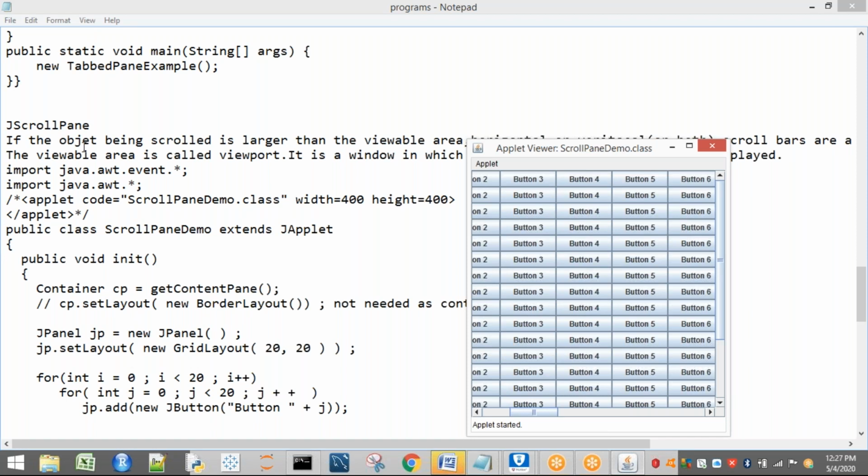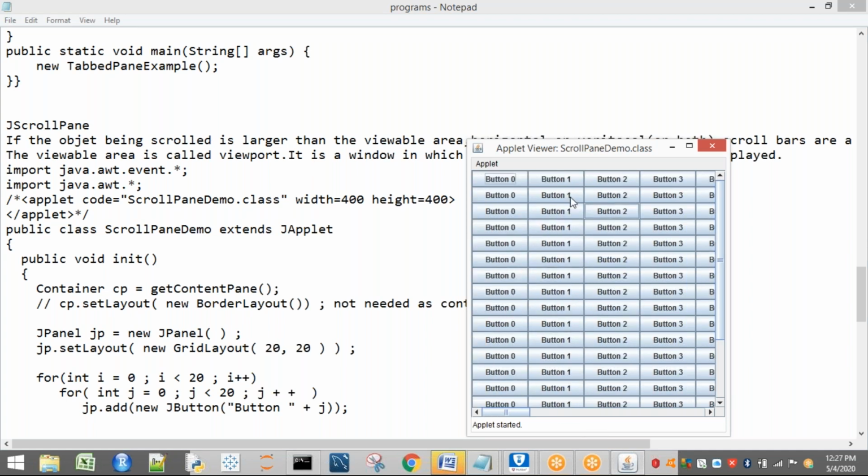Here the concept is that if the object being scrolled is larger than the view, listen carefully. For example, if you see the initial output, how many are there? 1, 2, 3, 4 are there, and here nearly 15 and 12 are there. For example, if I have taken only 12 buttons vertically and 4 buttons horizontally, then what happens?